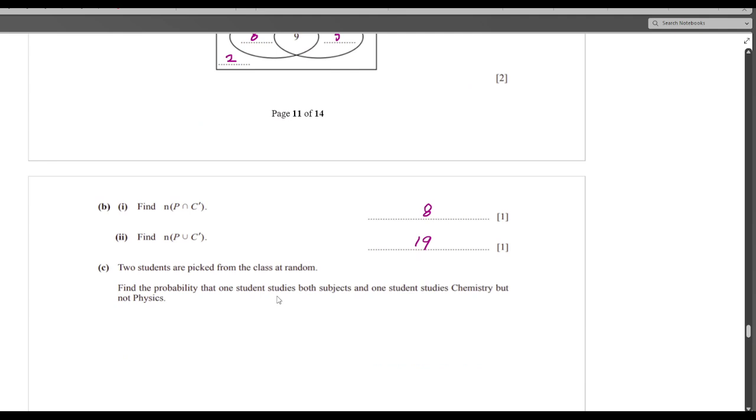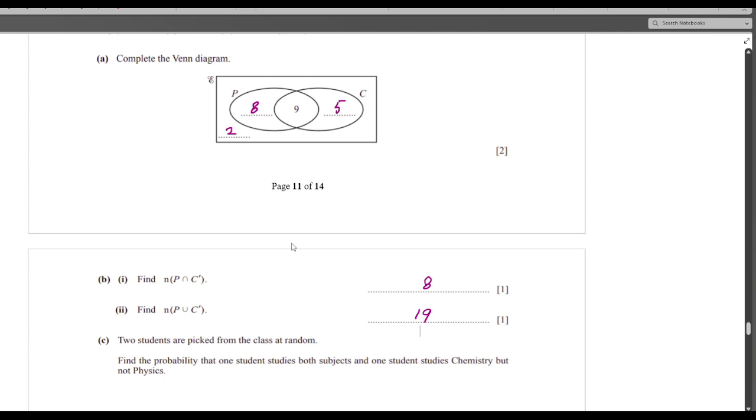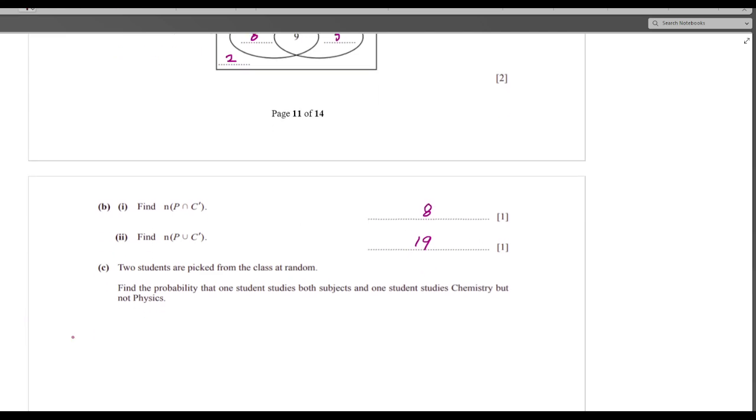C part, 2 students are picked from the class at random. Find the probability that one student studied both subjects and one student studies chemistry but not physics. So the student is studying chemistry but not physics. One student is studying both the subjects. So that is going to be 9 divided by, now 2 students are picked from the class at random. Find the probability that one student studies both the subjects. So it is 9 divided by